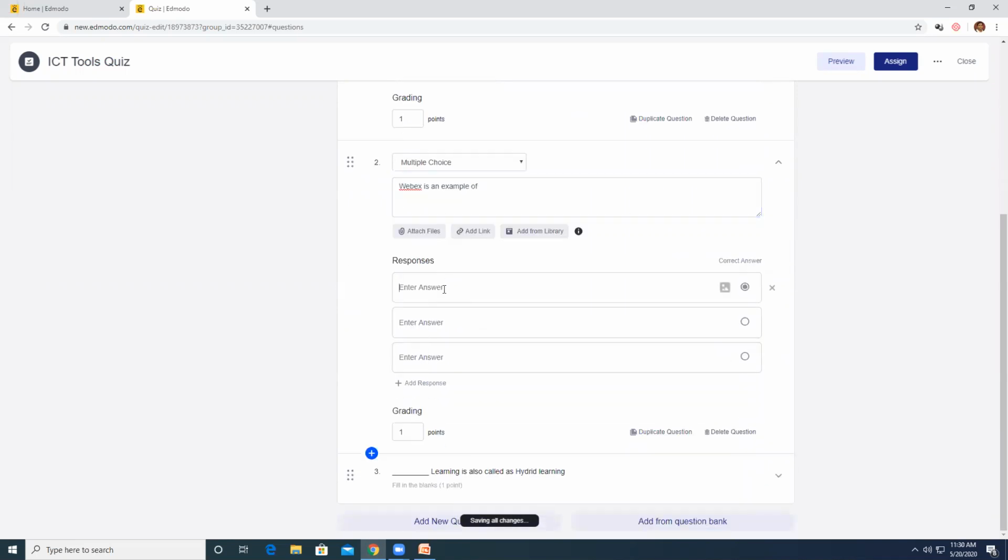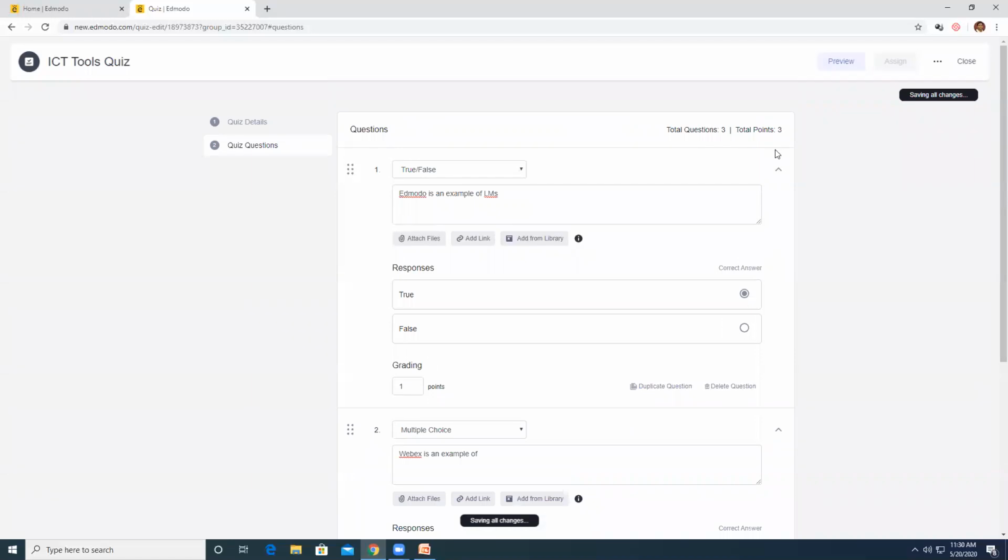Let me give the options. Let's say LMS, CMS, and video conferencing. And what's the answer? The answer is video conferencing, and I'm going to give it 1 point. That's good enough. So 2 questions are done.